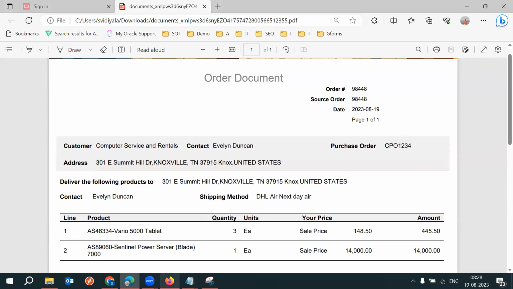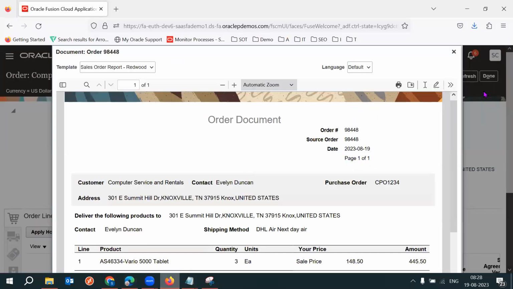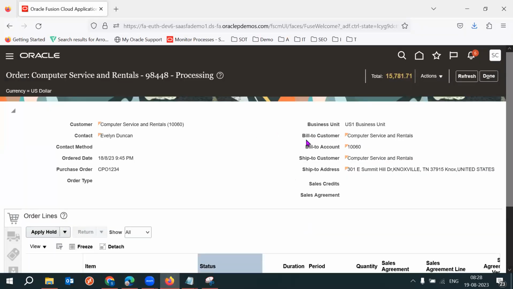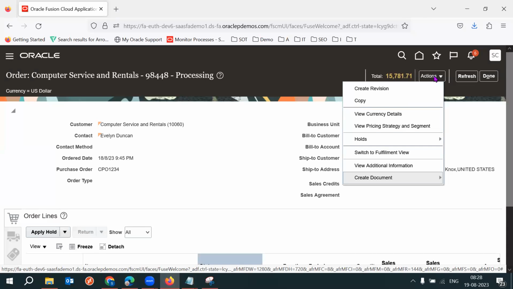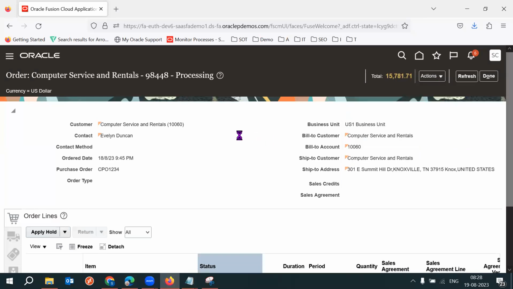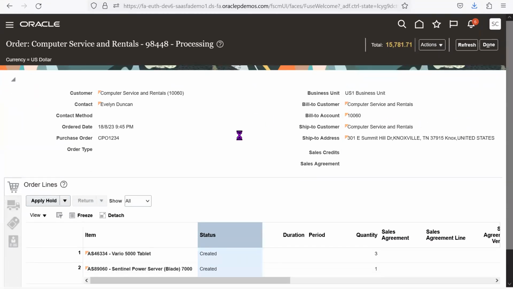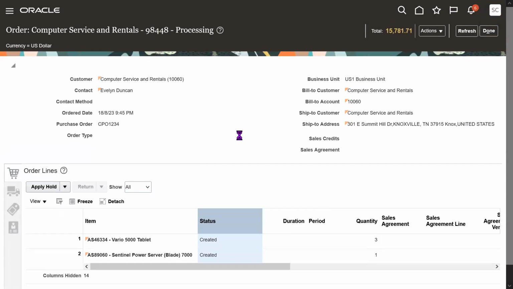Okay, good with the customer acknowledgement: sending an email directly from the application, or downloading as a PDF copy and sending to the customer. And after submitting the sales order only, you are able to enter into the fulfillment screen. I'm navigating to the fulfillment screen. From the fulfillment screen,